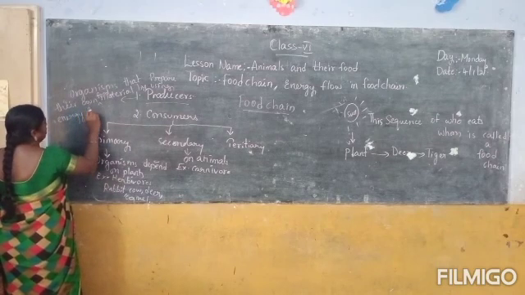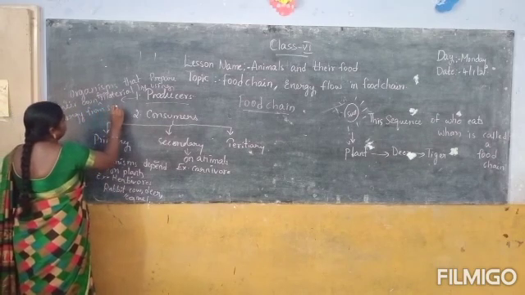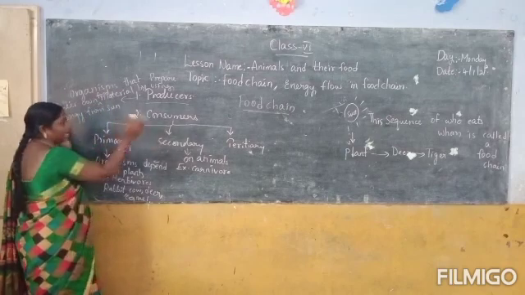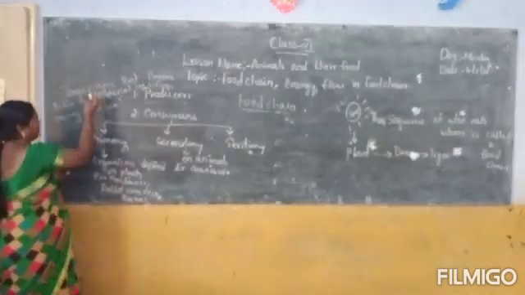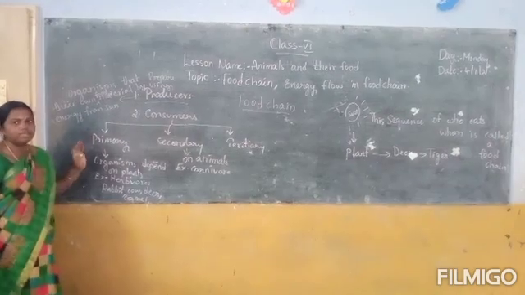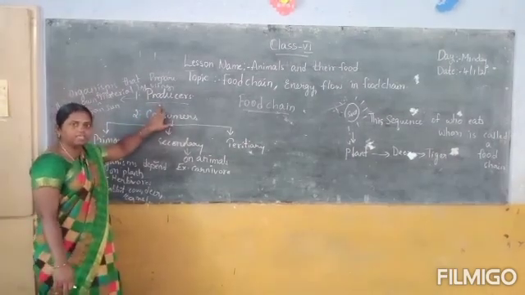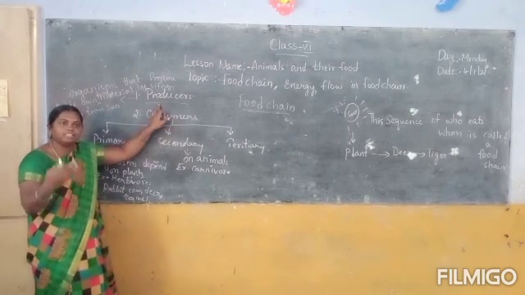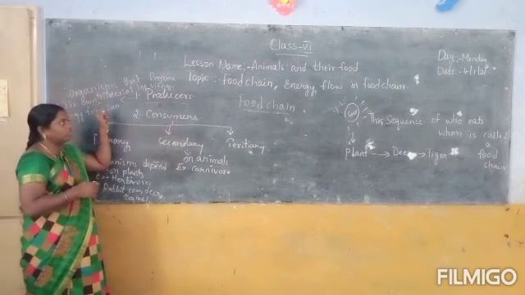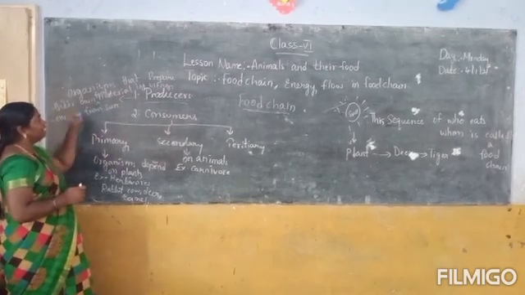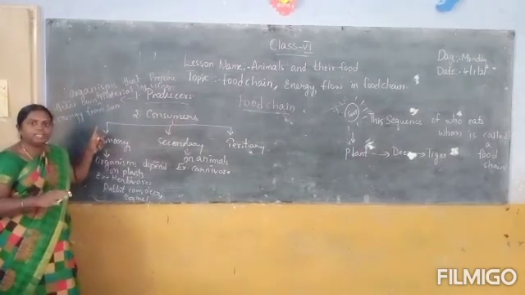energy from the sun, derived from the sun. So here the sun's energy is used directly by the plants in order to produce food. So they are called producers. The name itself indicates producing. They are synthesizing their own food. So the organisms that prepare their own food material, here the energy that